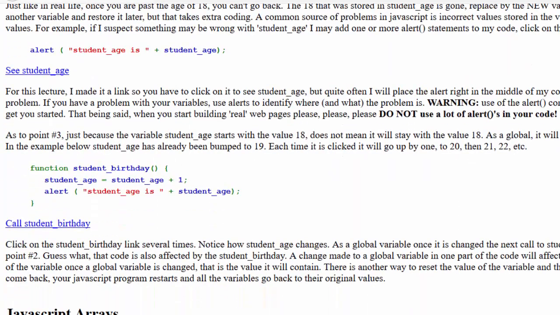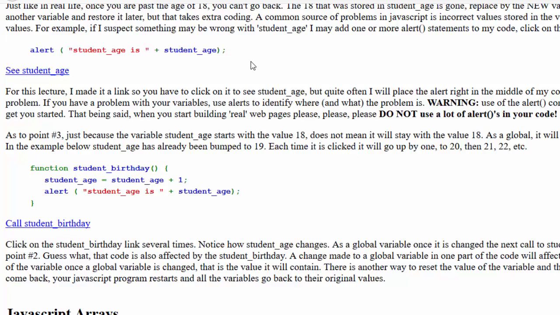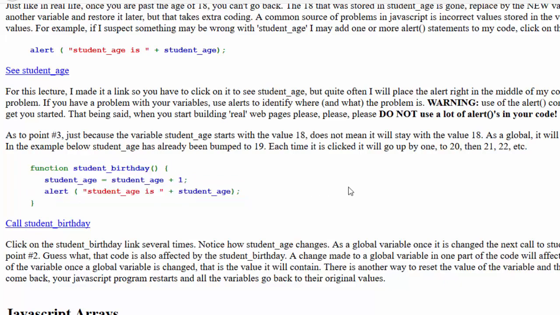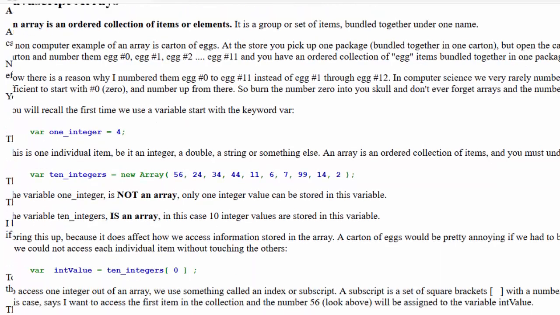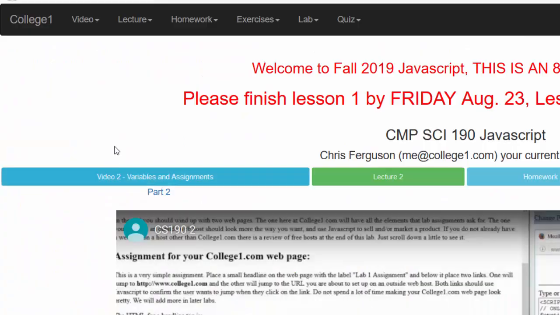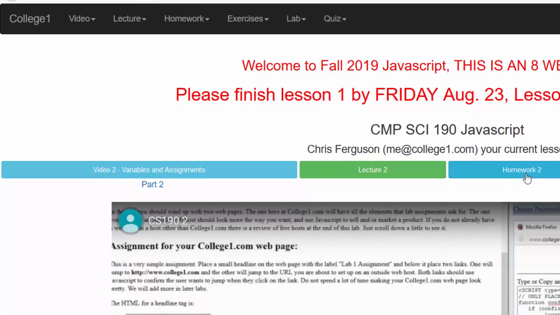And like I say, the biggest reason you want to do this is because at some point, this line of code might be the answer to a homework problem, or this function might be very useful in a programming exercise. You want to read the lectures after watching the videos so you're prepared to do the homework, the quiz, the lab, and so on. Now, once I've watched the videos and read the lecture, then I go on to homework